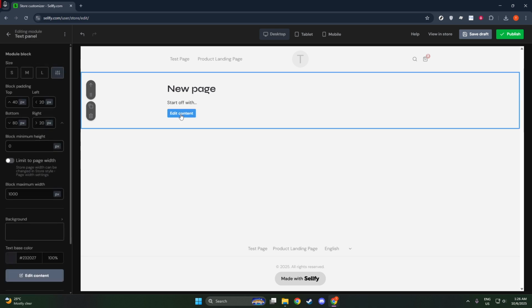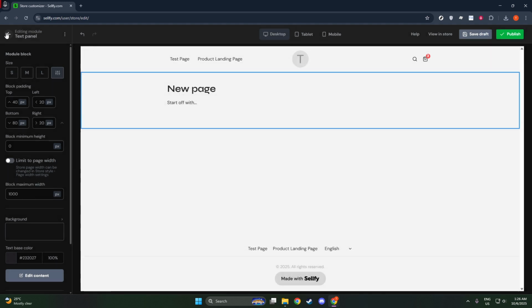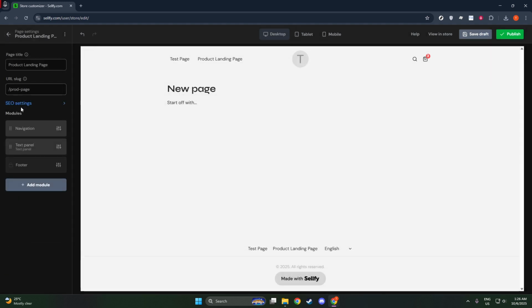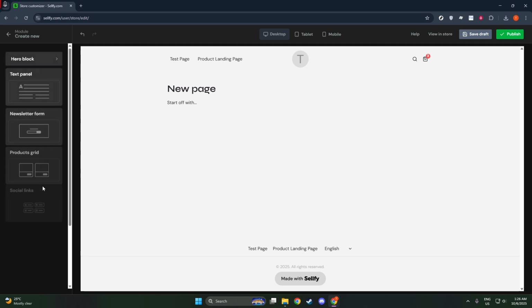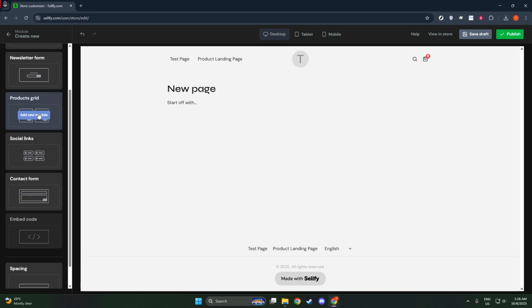yet clear. Along with the title, you'll need to specify a URL slug. This is the web address where users can find your page, so something like Ultimate Preset works well because it's simple and straightforward. Now that you have the page set up, it's time to build it into a compelling custom